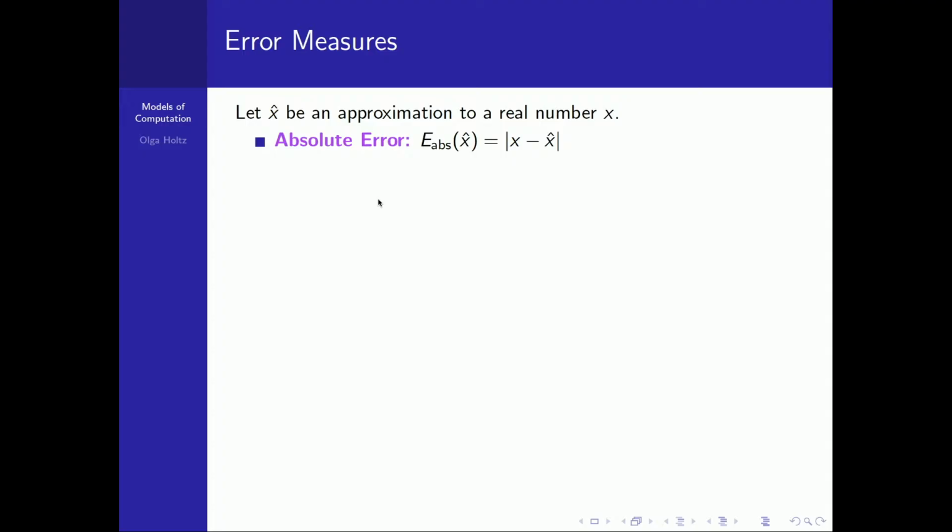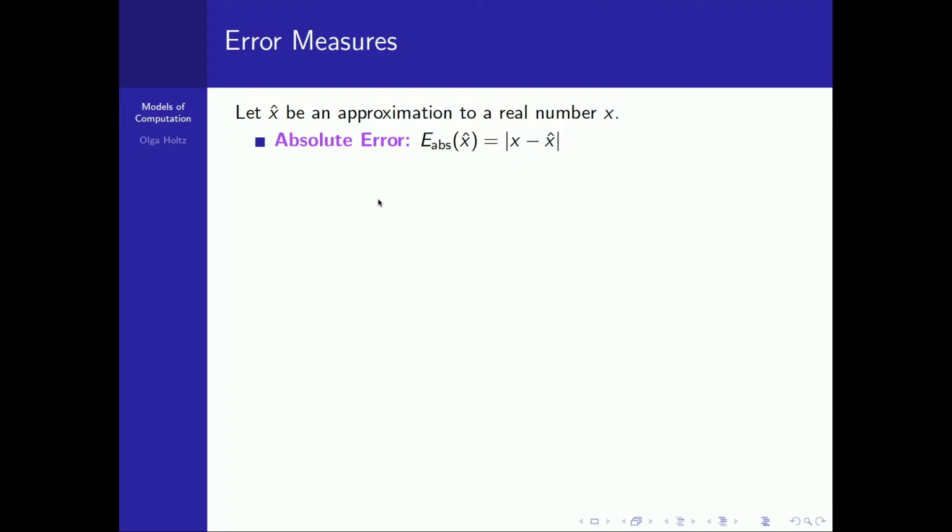Very, very basic error measures. You can look at what's called the absolute error, and that's the deviation of your computed value from your true value. Here I'm just talking scalar values. In a second I'll be talking about other things.